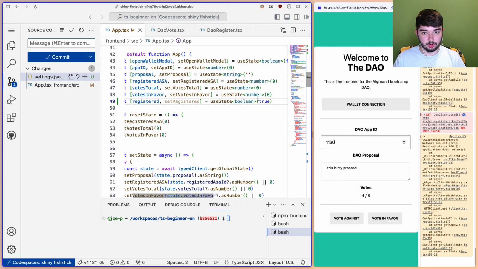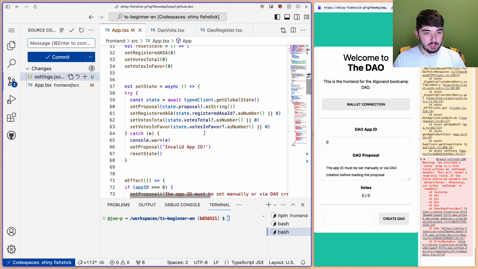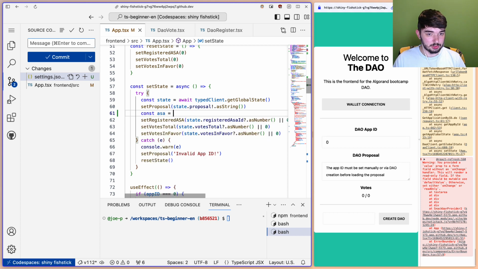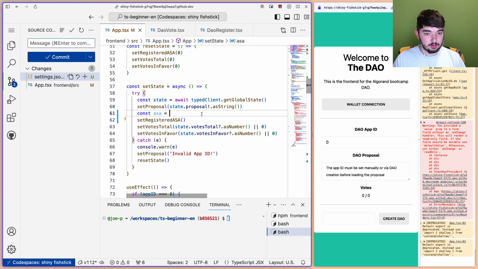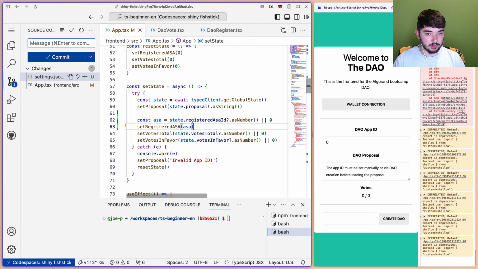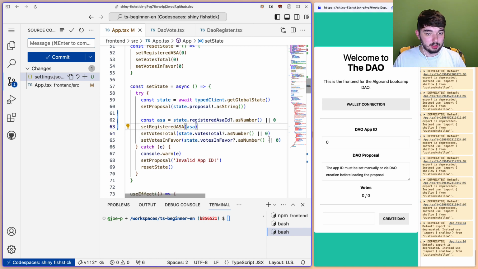But we want to do this programmatically, of course. So I'm going to change this back to false. And what I want to do is basically, once I get my state, I'm going to save a variable just called ASA. And do it like that. So now we have this variable that we can reuse called ASA that we're going to set as the registered ASA. But what I also want to try to do is